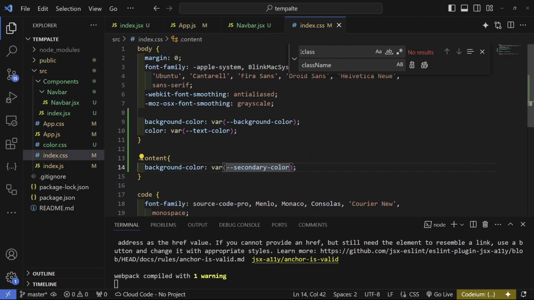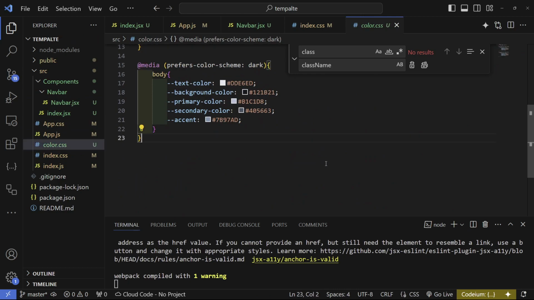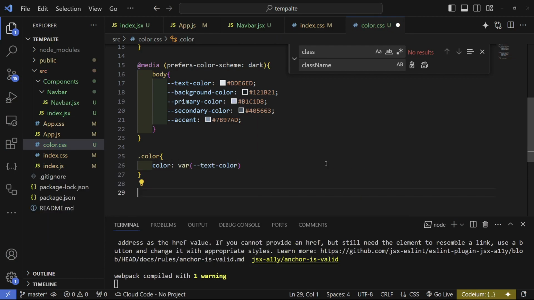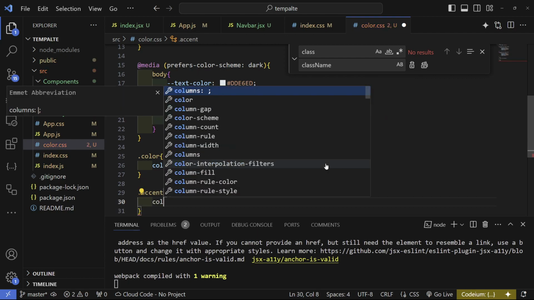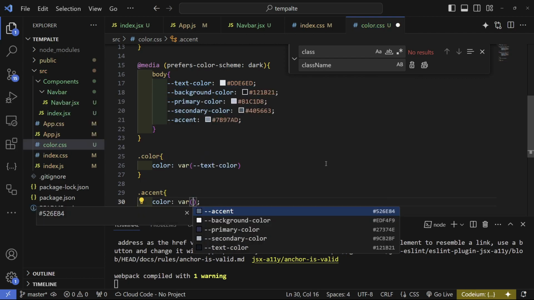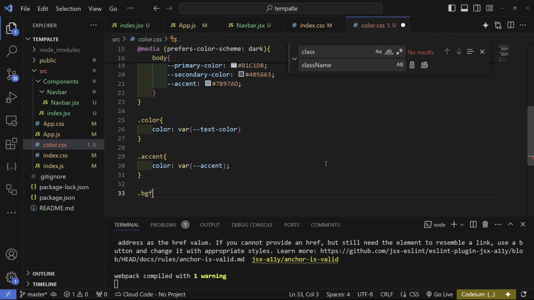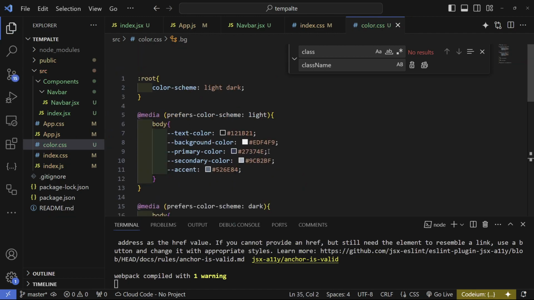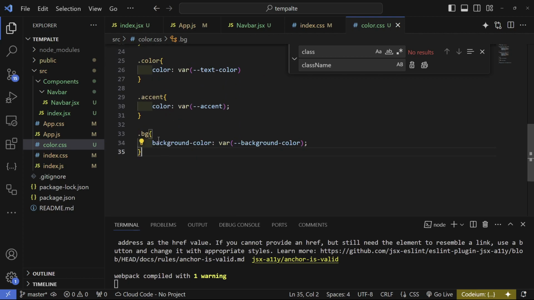Now we can go back to the color.css and add a few classes here. So if you write color, that's going to be setting the color of the text to be var text color. We can do accent, which is going to do the exact same thing, but just for the accent color. So var accent. Next thing is going to be the background. So I'm just going to write bg. This is going to be background color, var background color, which we don't really need. So we can change that to secondary color. So secondary bg. So here we're going to set that to secondary color,